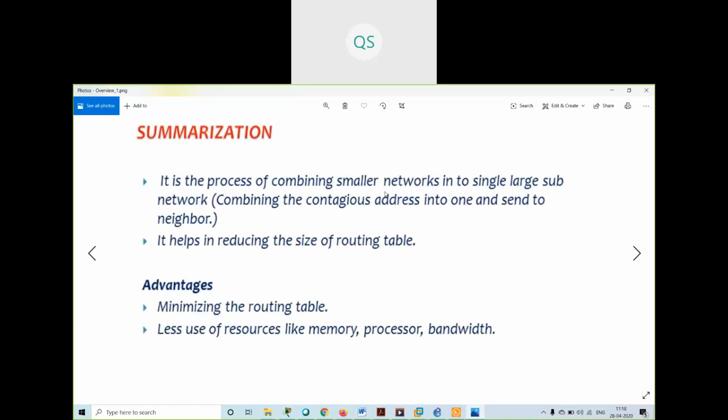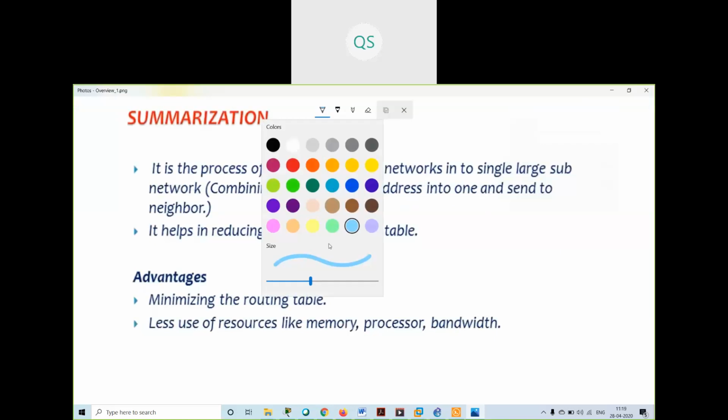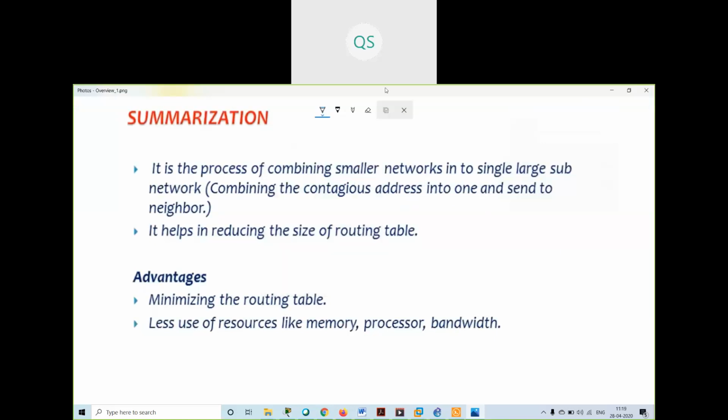We'll see in depth what summarization is. When I say summarization, what do you mean by it? Anyone? See, the IP address is the same.